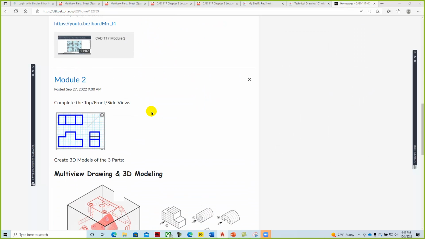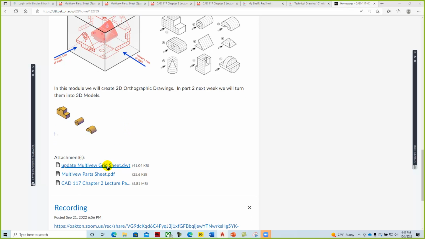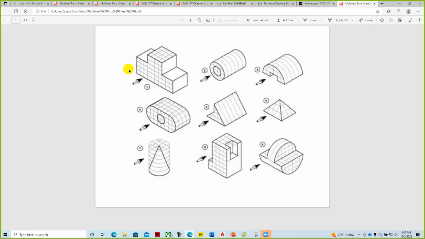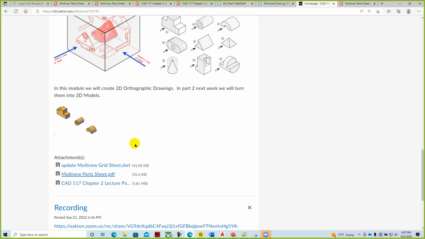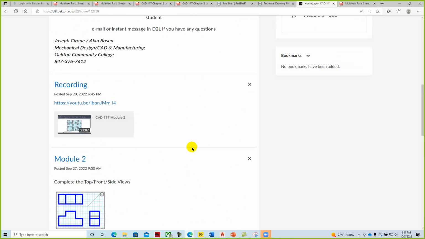And so here's our Module 2. Here's our multi-view part sheet. Essentially, we draw the front view, top view, and right side view of each of these parts. And then we like to bring modeling into the course. And so as we go through and we create these files